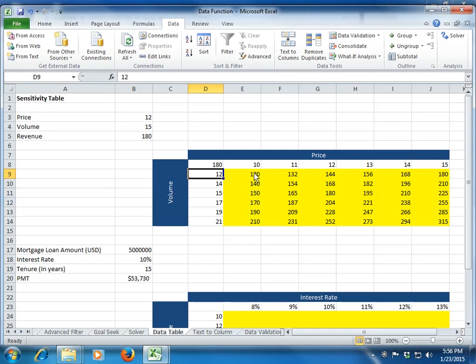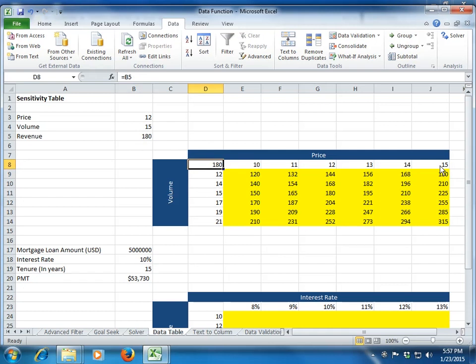At the second time it will change the price to 11, make changes for each of the volumes and give you this column, and so on and so forth. Of course it's seamless for you, but this is how Excel does your calculation at the back end, and hence it's very important that this value is linked to your variable cell and this value is also linked to the final output which you want to see in your data table, right? So what is the use of this data table?